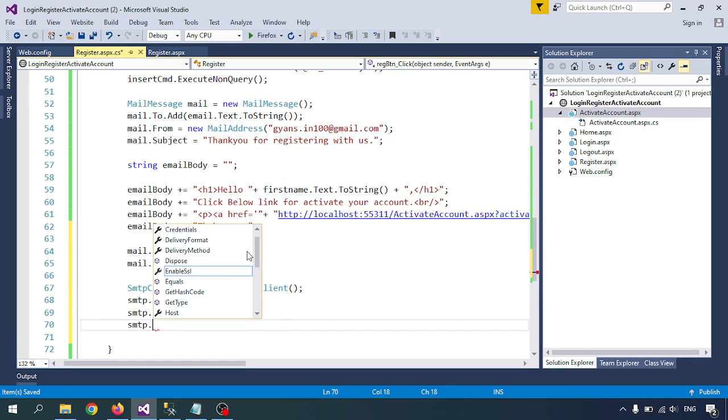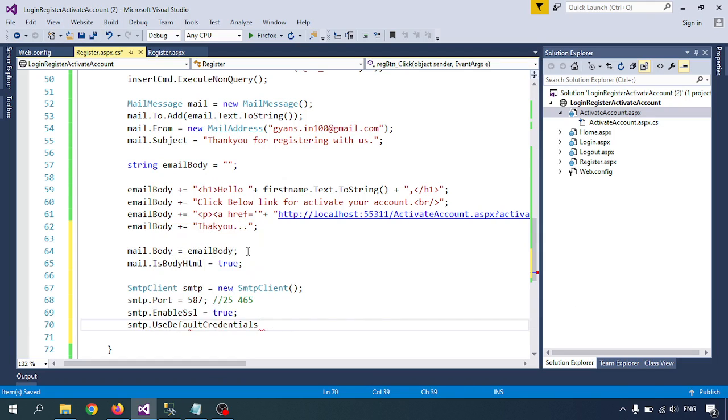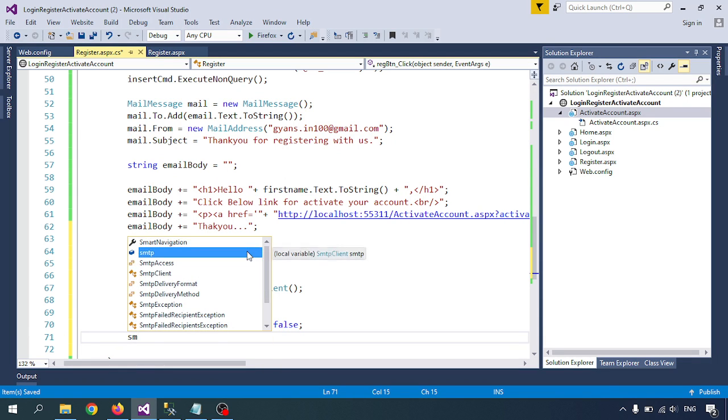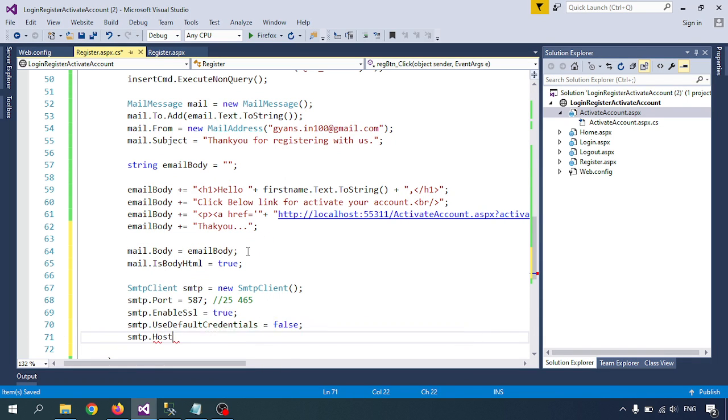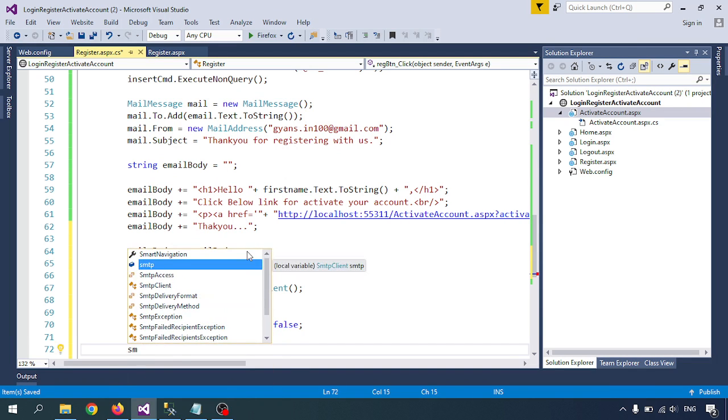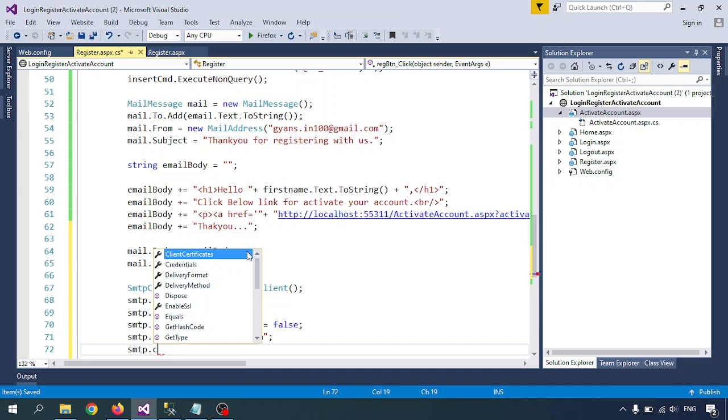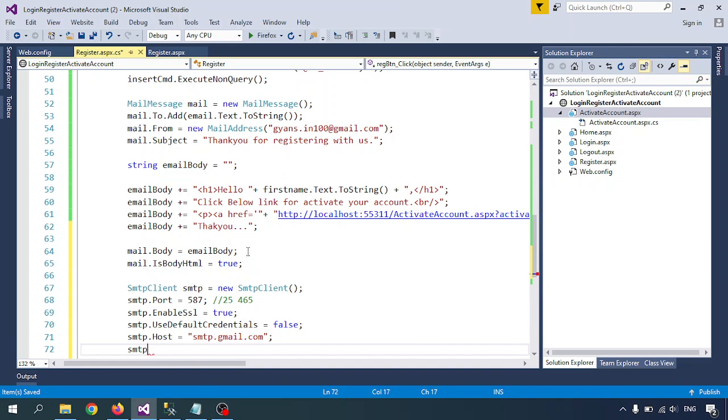SMTP use default credentials false. SMTP.host equal to, I'm going to use Gmail SMTP, smtp.gmail.com. SMTP dot credentials